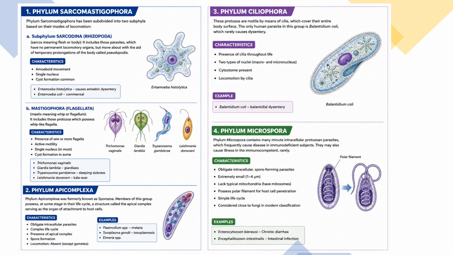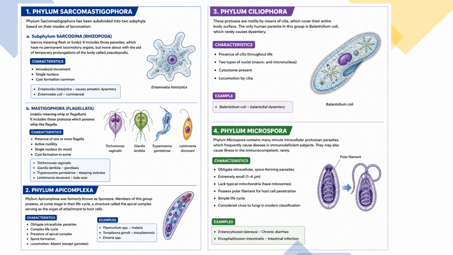The second phylum is phylum Apicomplexa. The phylum Apicomplexa was formerly known as Sporozoa, and the parasites in this phylum undergo a complex life cycle with alternating sexual and asexual reproductive phases, usually involving two different hosts. At some stage of their life cycle, they have a special structure called the apical complex, which serves as the organ of attachment to the host cell, and locomotion is